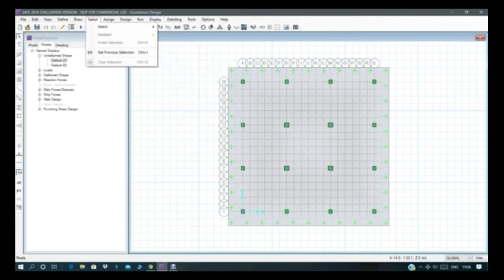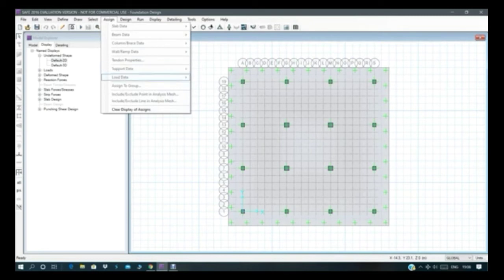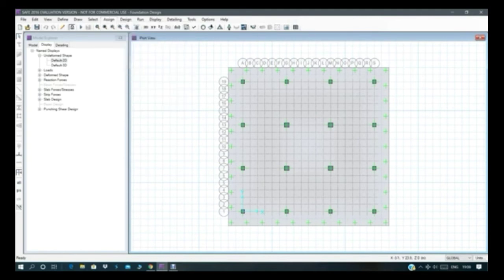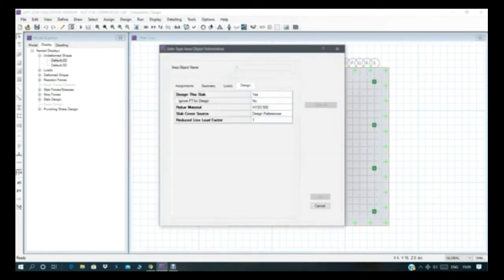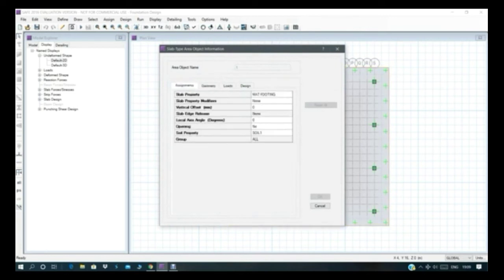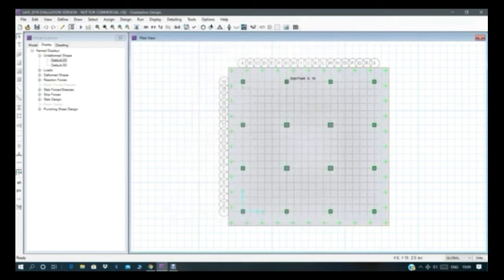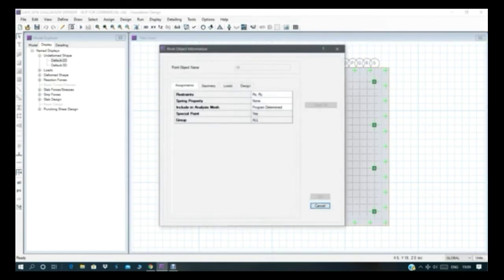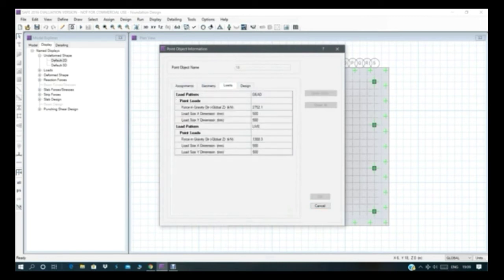Then if you middle click on the column, you will get the load. This is the dead load, point load, live load and here design. So in the column, if you want to see, then click here, not inside the center. Then after assigning all the load and soil property, you can